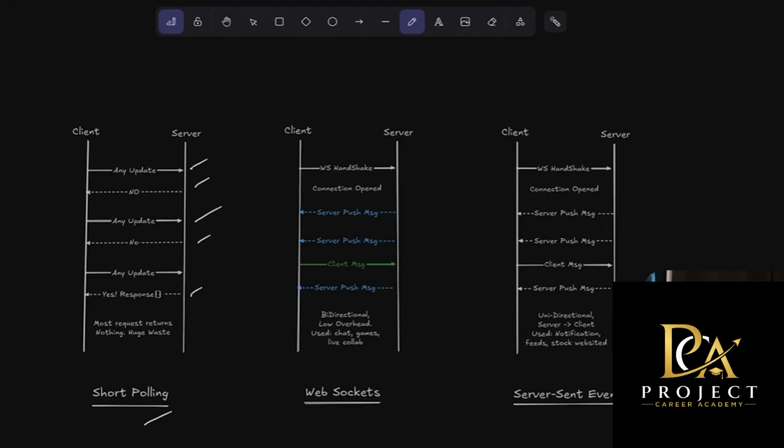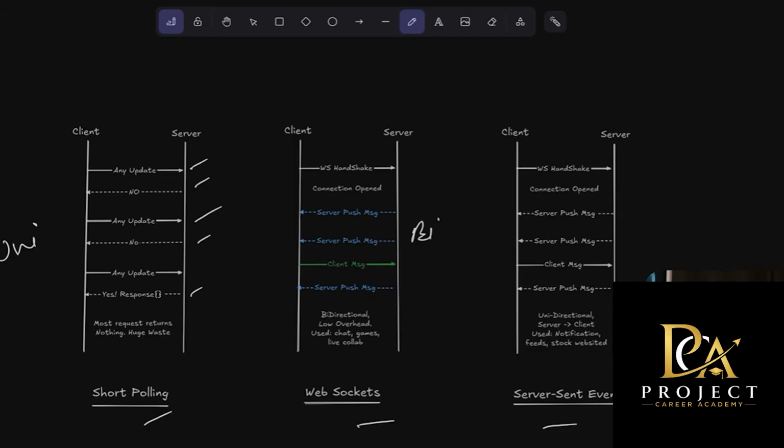But if you want a truly real-time application, your best bet is WebSockets. A WebSocket creates a persistent connection between a client and a server, and this communication is bidirectional. So both sides can send messages at any time. The benefit of this connection is that there's very low latency. It's a persistent communication and a real-time communication. And this is heavily used in your WhatsApp, in your chat applications, online gaming, even your Uber.